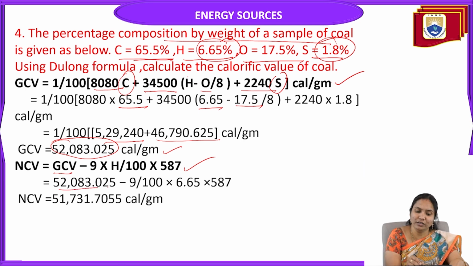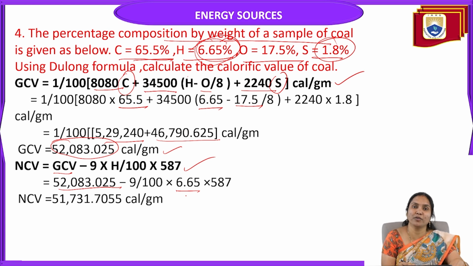So substitute the GCV value minus 9 by 100 into H. Here H is the percentage of hydrogen present in the fuel. That value is 6.65. So we substitute 6.65 percentage of hydrogen present in the given fuel into